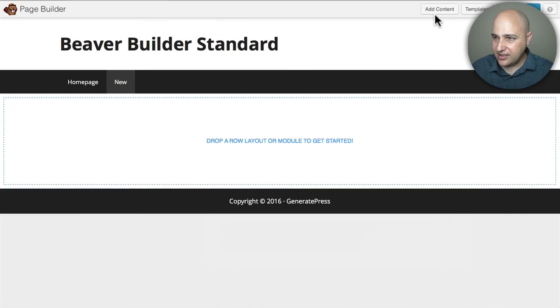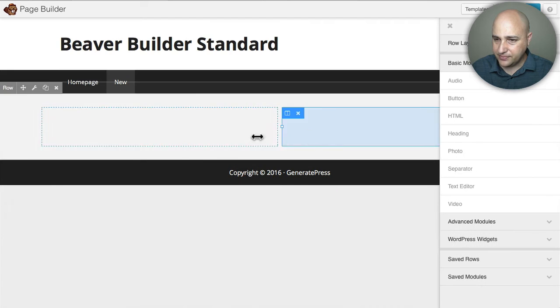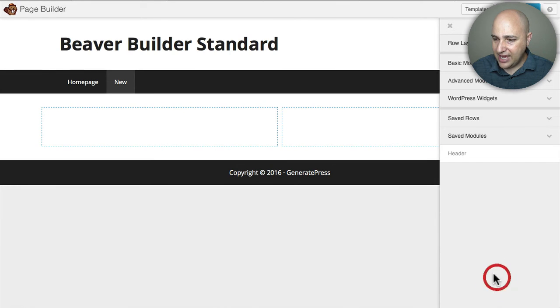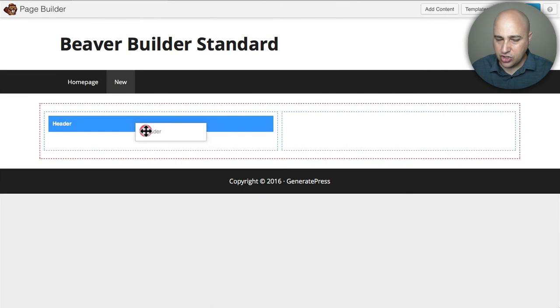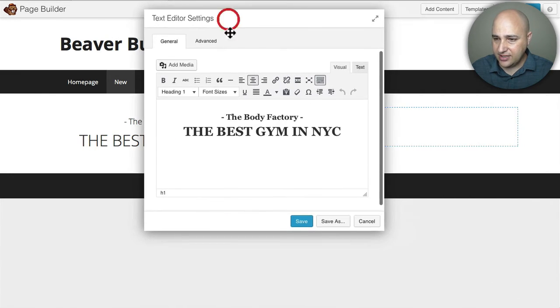So for instance, if I had, let me go to row layouts and put a 2-column layout. I can go now to that saved module, and I can just drop that right inside of one of those columns that I just created. And you can see that right there. So I'm going to go ahead and click on cancel.